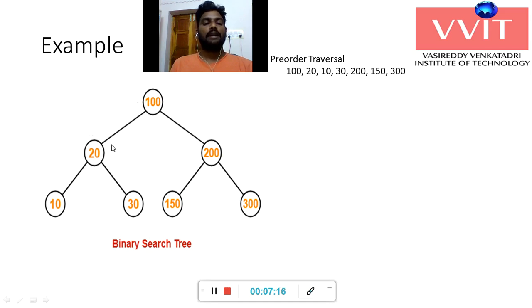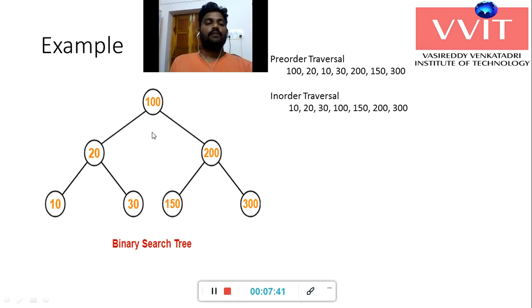In in-order fashion, left is completed, root is completed. The remaining part is the right subtree of the root node. In that right subtree of the root node, 200 will act as the root node. In in-order fashion, before the root node is visited, the left subtree is visited. So 150 is visited first, then 200 is visited, and finally 300 is visited. These are the in-order traversal elements.